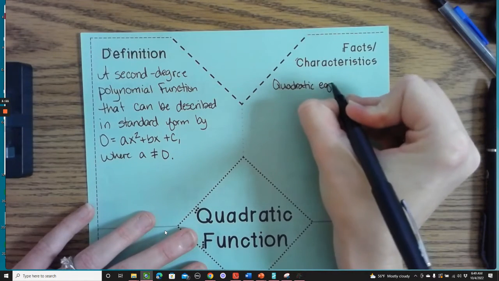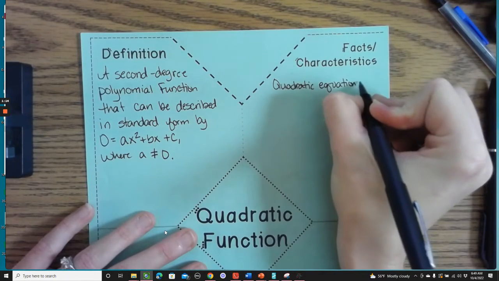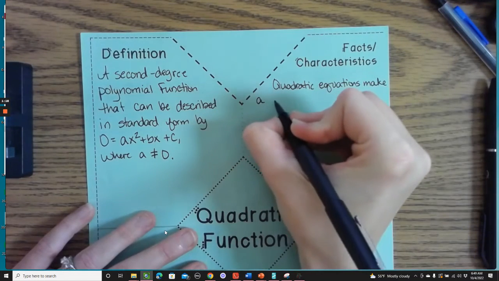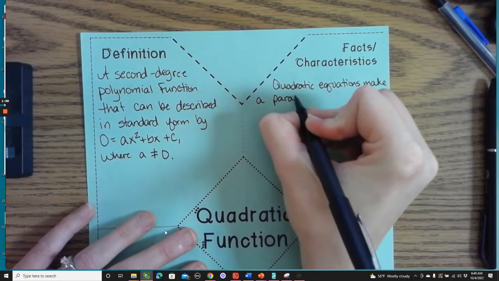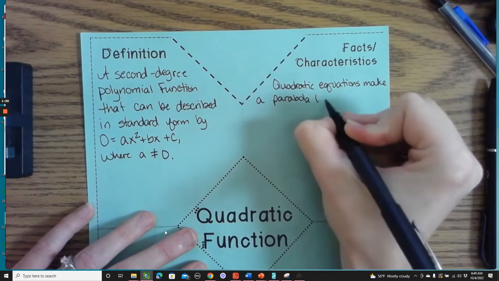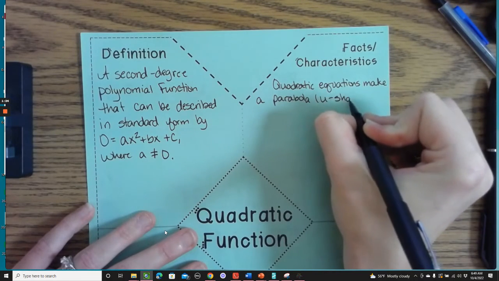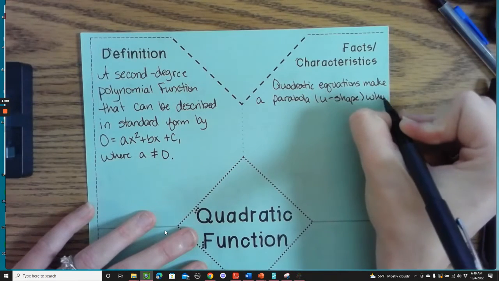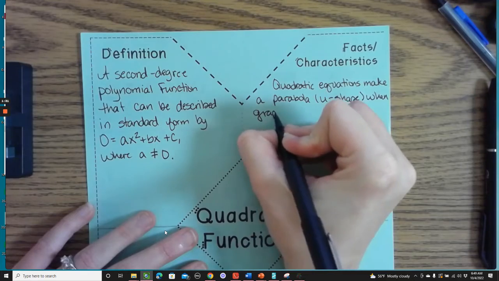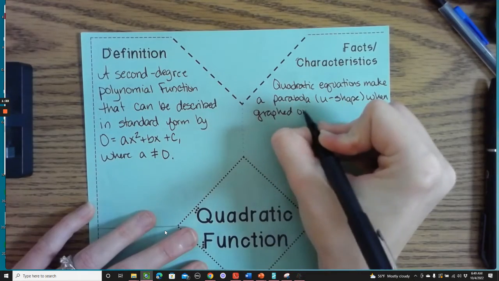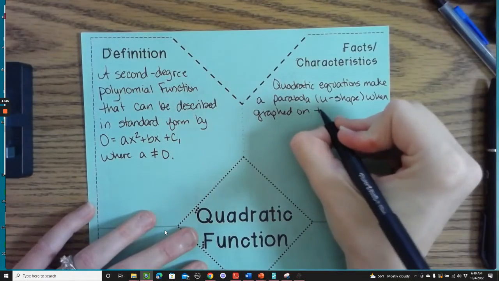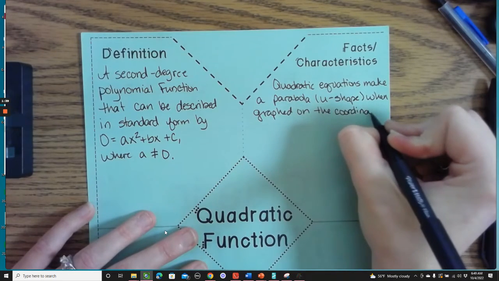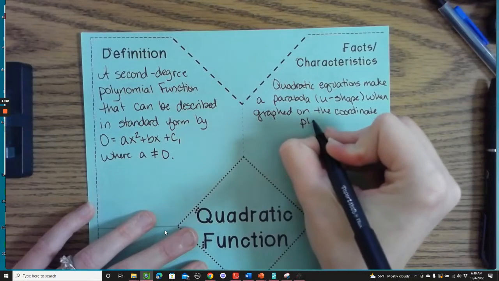So some facts. Quadratic equations make a parabola when you graph them. And this is a U shape. So when graphed on the coordinate plane,